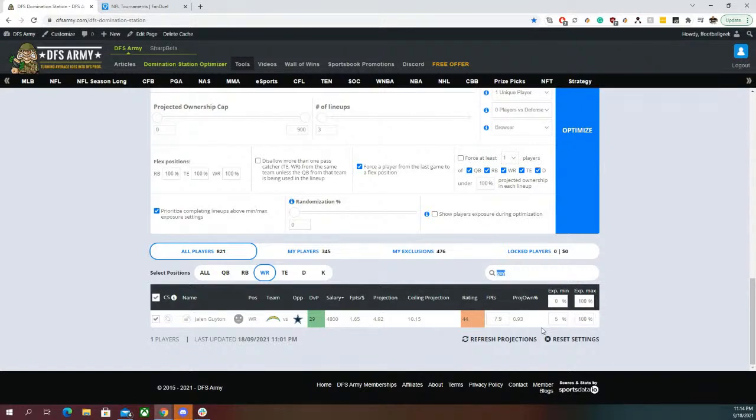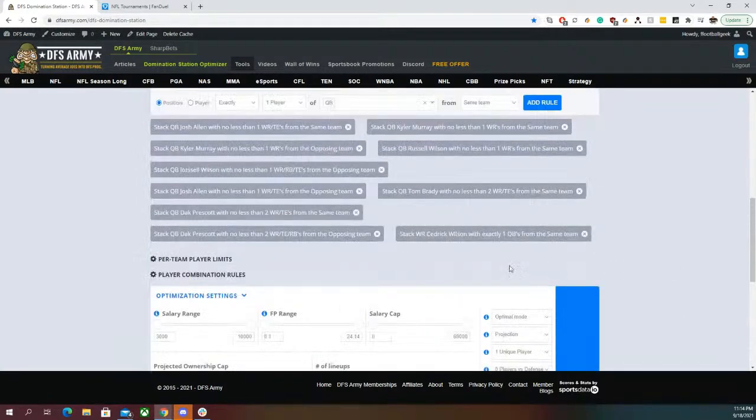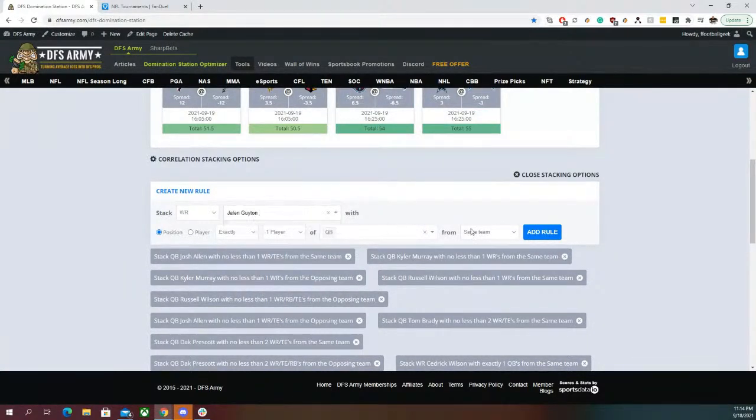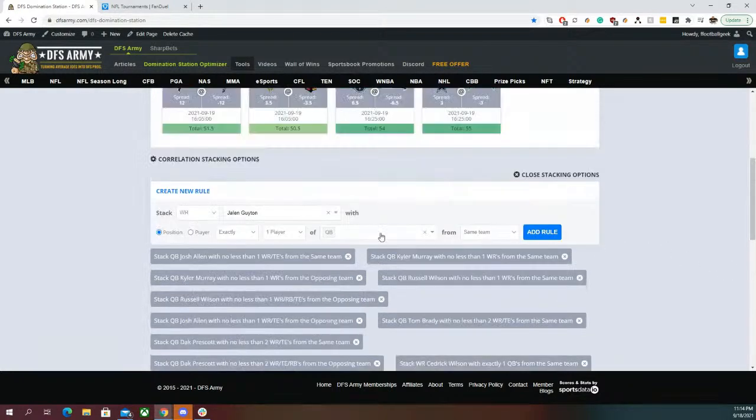And next, that was Guyton. I'm going to do the same rule for him and 5% on him. And then we're going to go. This is an interesting little rule I'm putting in here. We'll see if that works or if that breaks it. If it breaks it, we'll turn it off later. But anyway, Dak Prescott, 2 wide receiver, tight end, same team. 2 wide receiver, tight end, RB, opposing team. Now we're going to get his